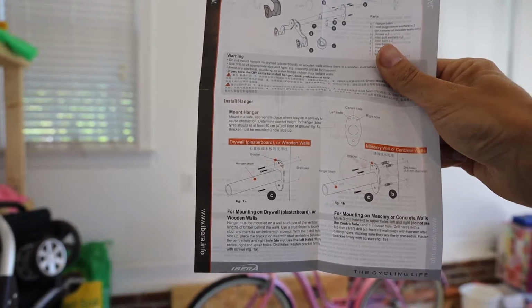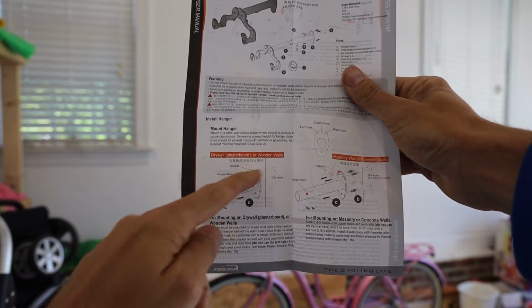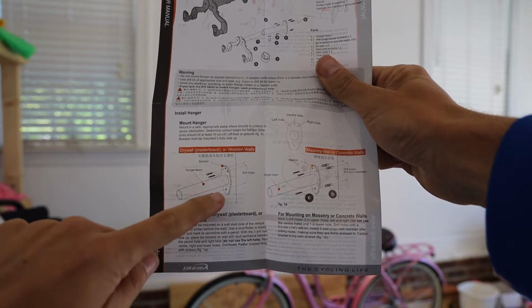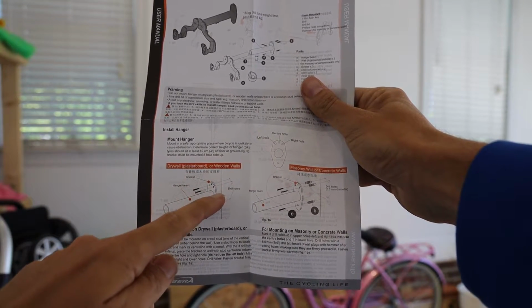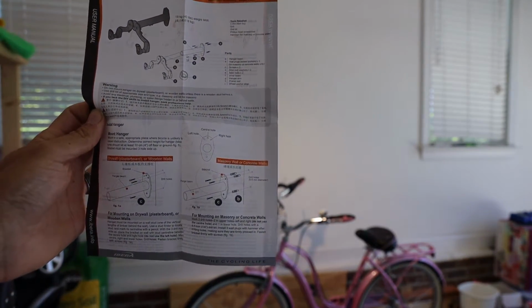Alright, this right here on the left is for instructions on drywall or wooden. I'm screwing it into a wooden stud behind drywall, so I'm going to be using this. It says put a screw in the bottom hole and then two top holes closest together, one in the center, one off center. If you're going to be putting this into a stone wall or masonry wall, they give you